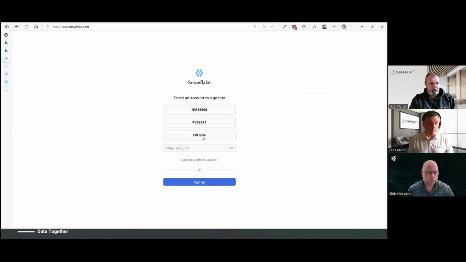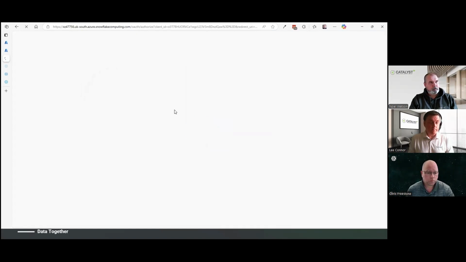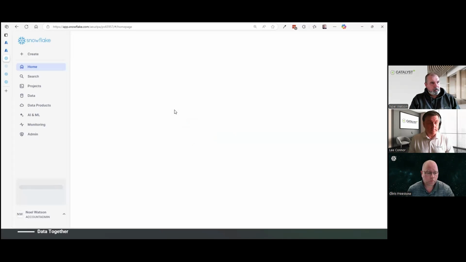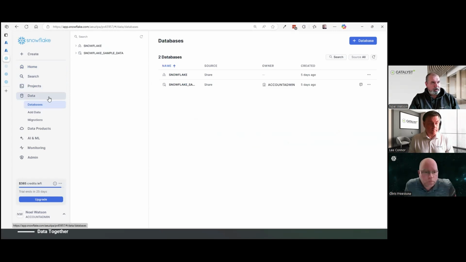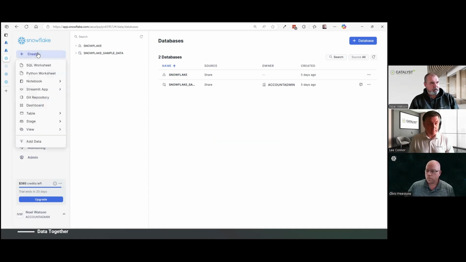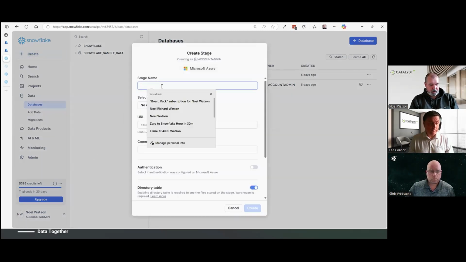And actually, what I can do when I log into my tenant, so you can see the single sign-on capability there. So what we can do is just start to create an integration, and we could do this programmatically. We can write the SQL code that will create the integration, but actually there's lots of wizards to make this stuff really straightforward. So in this case, I'm going to integrate to an Azure